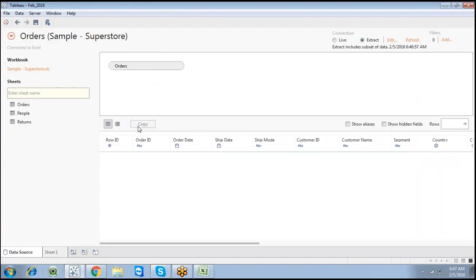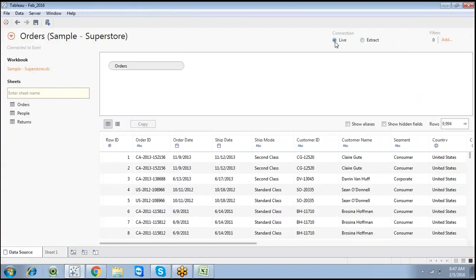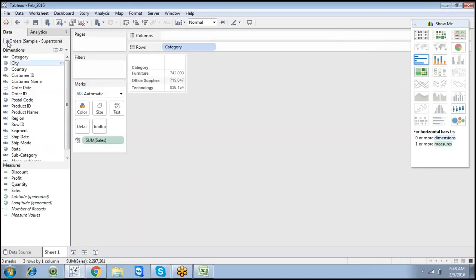Just go to the data source. Now click on Live Connection. We can convert a live connection to an extract, and an extract to live, but it is not referable from here, not from the data source level. Just check the live connection symbol. I clicked on Live Connection. Go to Sheet 1. Now you can see the symbol of the Orders Sample Superstore database side. It is a simple database symbol, where you can see a tick mark.